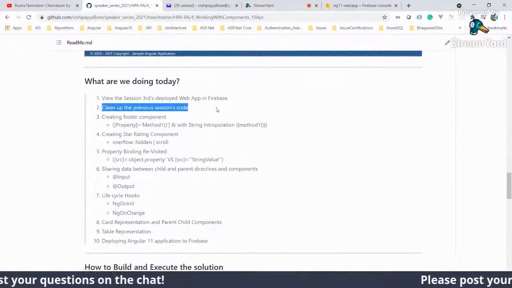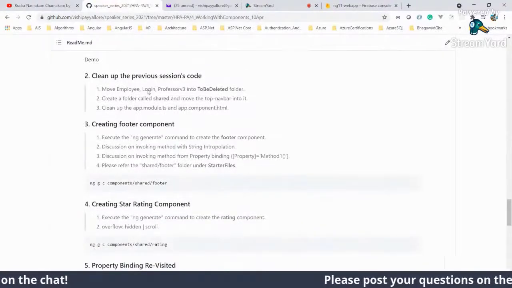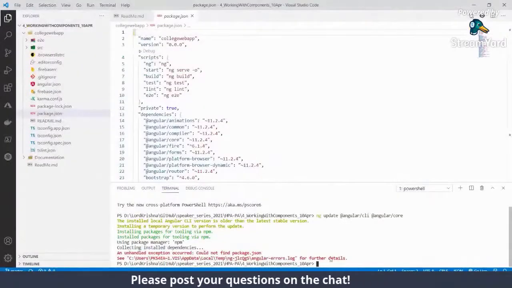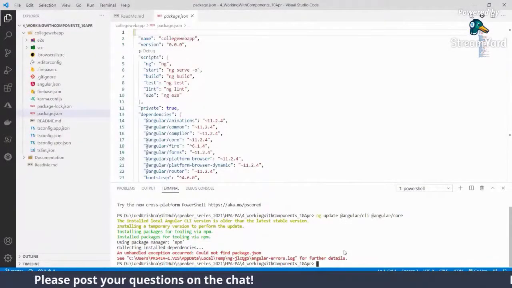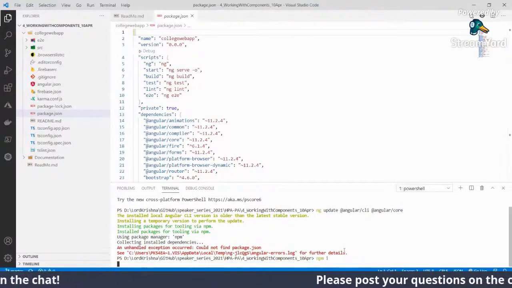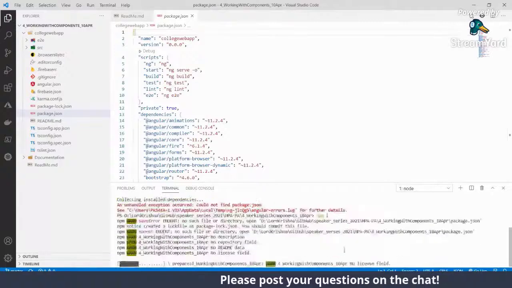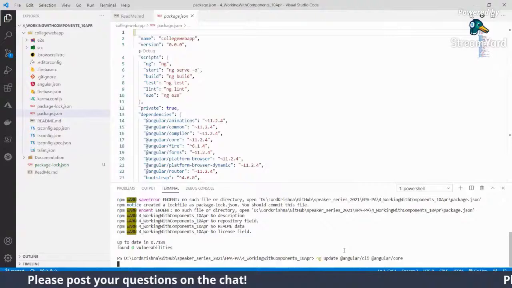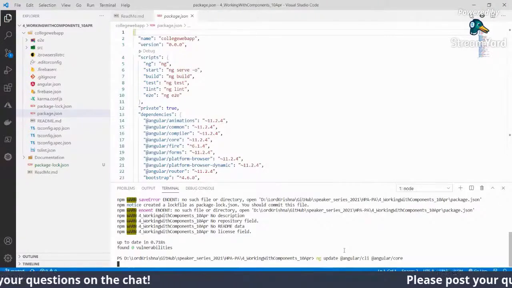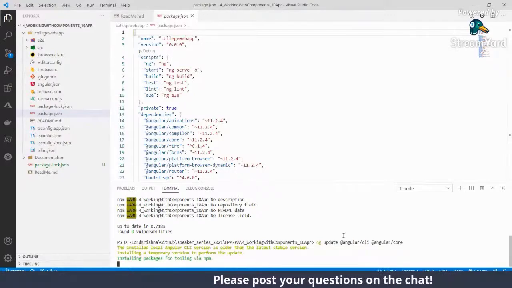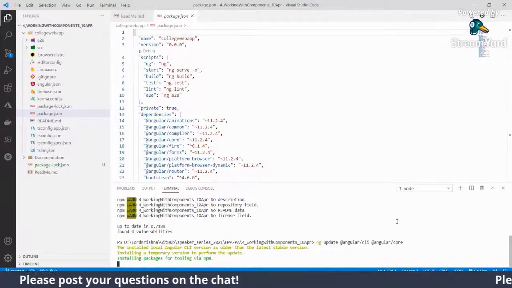So we need to do a little bit of code cleanup. We'll start from here. This is our branch. So npm i. It didn't bump, it installed. Let us see why it isn't installing the version.